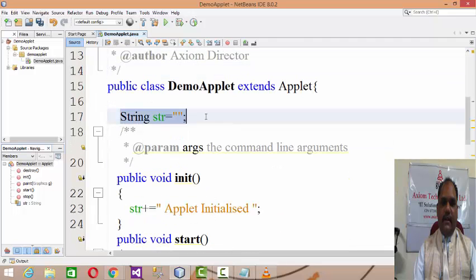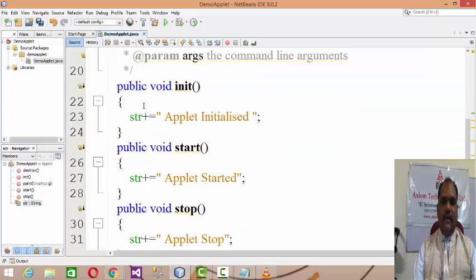Here I declared a global string with a null value initially, and whenever it gives a call to the init, obviously init will give a call only once, when the applet gets initialized. So in that global str, the applet initialized string will be concatenated. Plus equal to is going to do the same thing: whatever the previous str value is, you add this particular string. Initially it was null, now it will be added applet initialized.